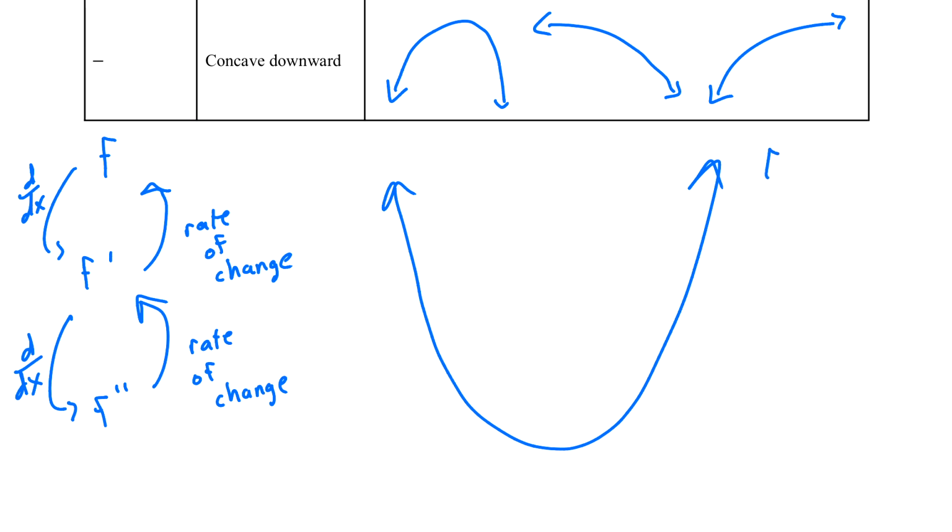So if I say this is a graph of the original function f of x, I think about how I can interpret f prime. Remember, f prime can tell us the slope of the tangent line. So I'm going to pick 3 points on my graph. I'm going to pick, let's say, this point right here, and then we'll say this point, and then we'll say this point. So if I wanted to look at the derivative, first of all, at this left-hand point right there,